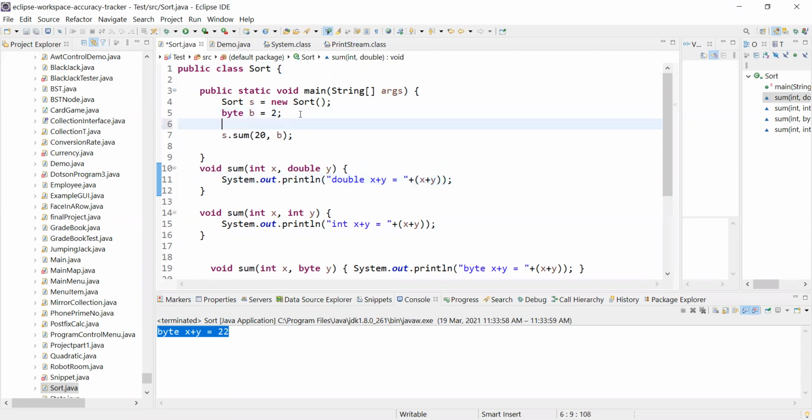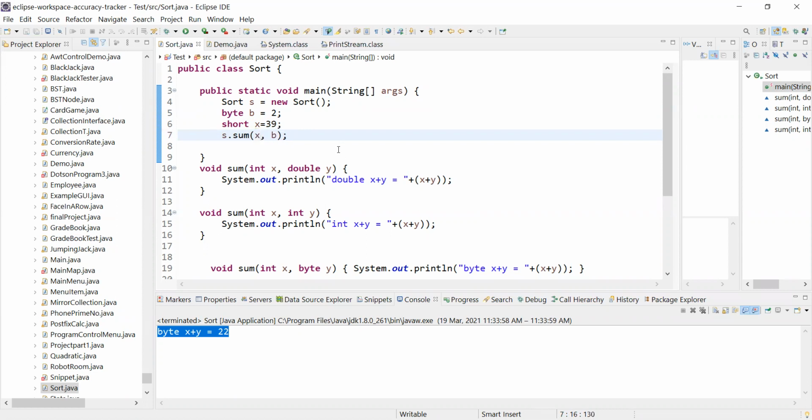Okay, from the main method, let's say I have byte and I have short a is equals to, let's say, 2039. Yeah, what is your question now? Will it throw the compilation error or... Where? Like when I say x is equals to this? Yeah, we are calling the lower data types, but the definition is a higher data type.